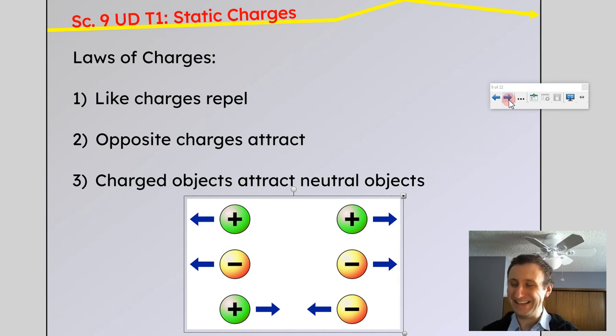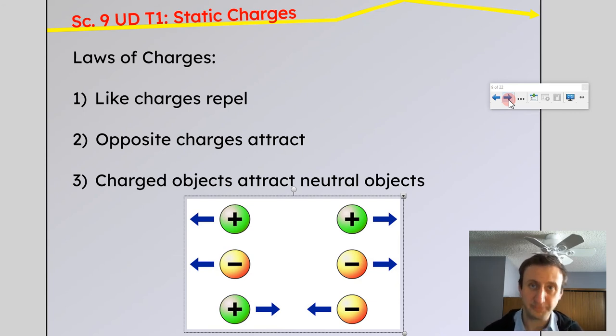So anything that is the same charge, same type of charge, is going to repel. Opposite charges attract. So a positively charged object will attract a negatively charged object. And the reason why is because when they come together, they can become more balanced. A positive object needs more electrons. A negative object has too many electrons. So if they come together, there can be a better amount of electrons between the two, or at least it can become more balanced